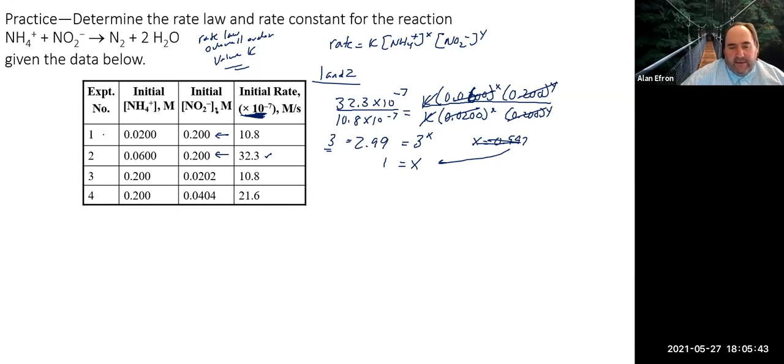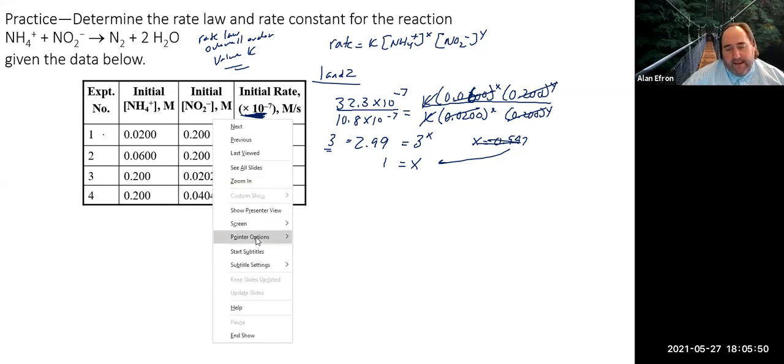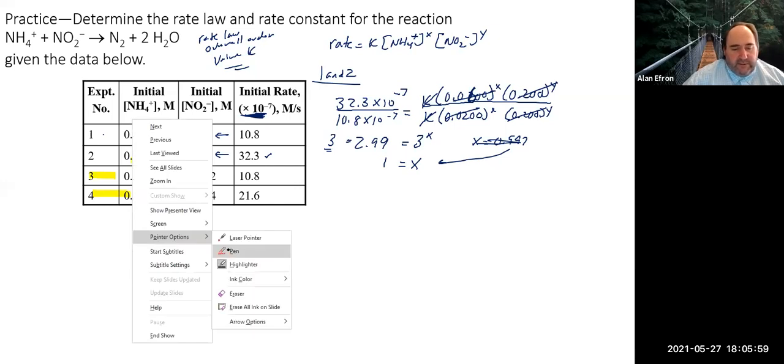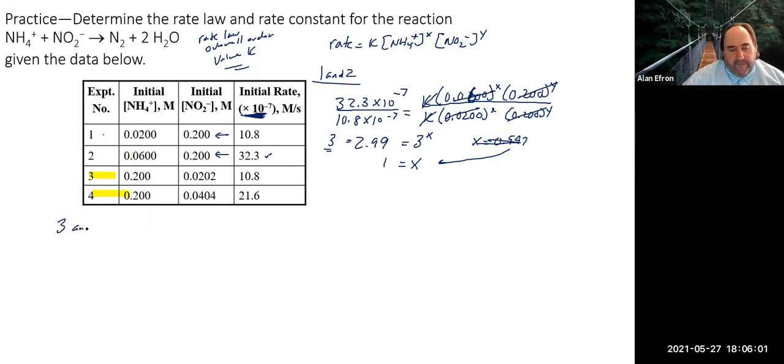Now that we kept the NO2 minus constant, we want to go back and keep our other one constant. And it looks like number 3 and number 4 will do that for our NH4 plus. So doing those two, 3 and 4, again going with the larger value up on top, we're going to put all those across the top. That gives us 21.6 times 10 to the minus 7, our K, our 0.2 to the X,